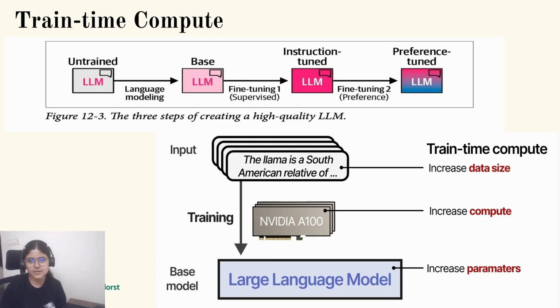Now, this model is not efficient enough to be given out to the end user, so we do certain other things to make it more robust. The next step of training is known as instruction tuning or supervised fine tuning, where we give certain kinds of instructions and show how it's supposed to answer certain questions. That's how we get our SFT model. There's a second layer of training as well, known as preference tuning, and the model we get out of it is a preference tuned model. This is where you make it more aligned to how we humans interact with each other. That's how we get the end state, the one that can go out to the user, and the user can start interacting with it.